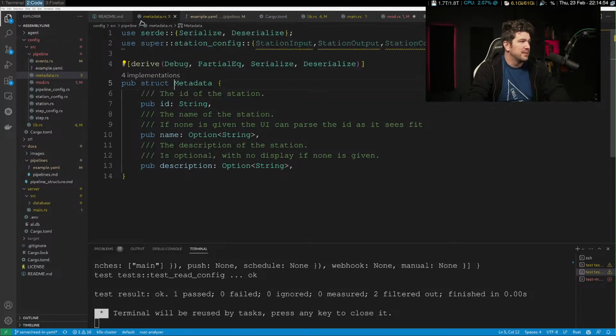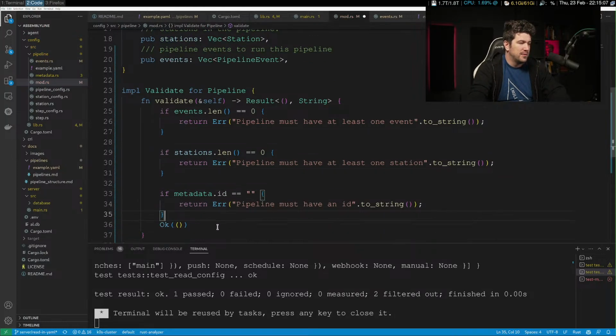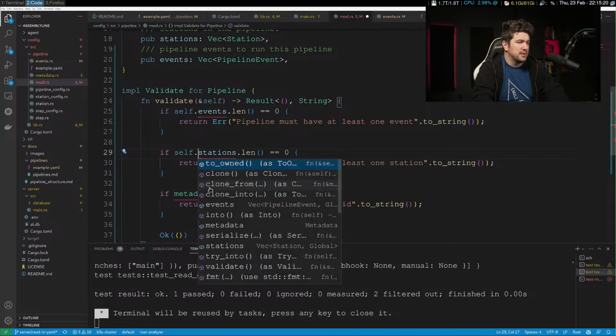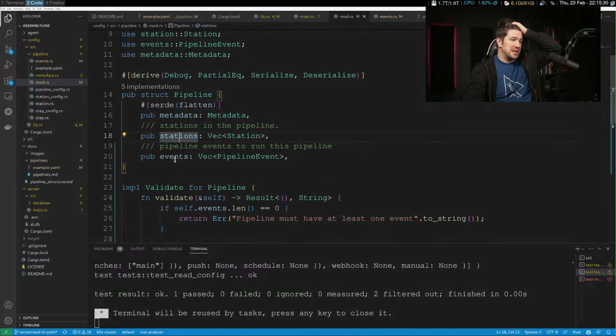It's ID. If metadata.id is missing, must have an ID. Oh, yeah, sorry. self.events, self.stations, and self.metadata.